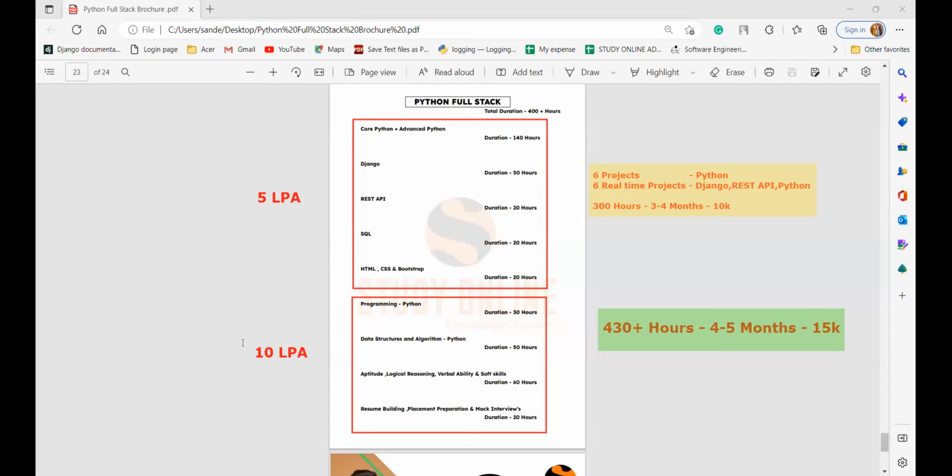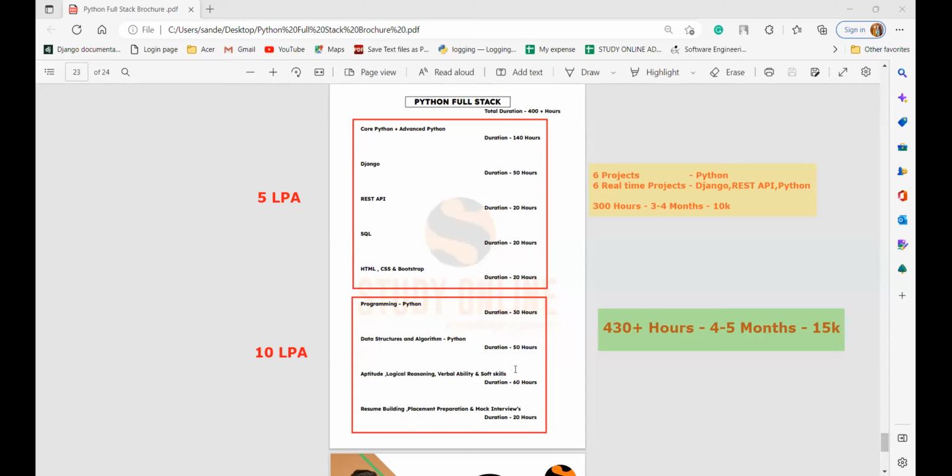It is more than 5 lakhs, more than 10 lakhs, is what I can assure. I cannot tell exactly 5 lakh, it might be 4.5 lakh. Here, I cannot assure exactly 10 lakh, it might be 9 lakh, it might be 12 lakh. I hope you have taken the screenshot. Have you taken the screenshot? Okay, hope that you have taken the screenshot.